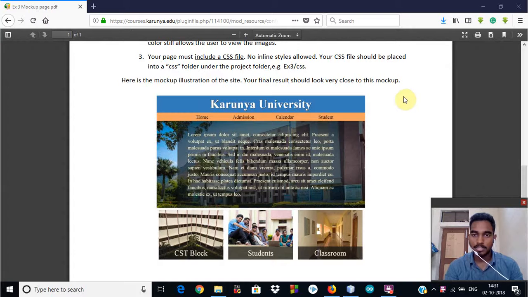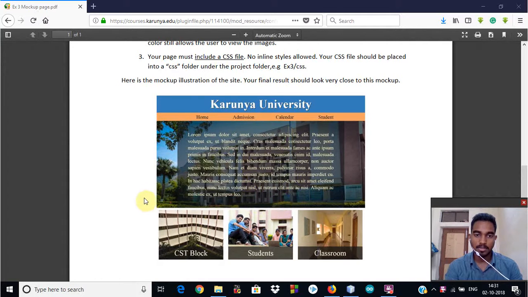Today I'll explain the third experiment for my web tech lab. In this, we have to create a page similar to this. We need to have a header, a navigation bar with 4 buttons, and then a division. Inside that division, we need one more division. First division will have a background image. The second division will have some content. It will be floating over the first image, and the opacity will be decreased so that we will have this